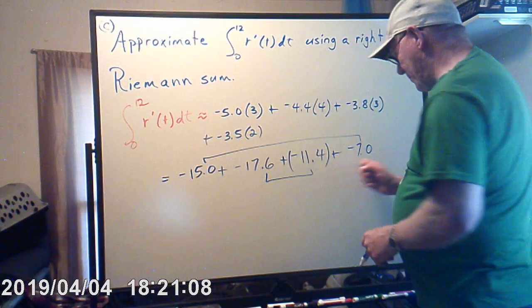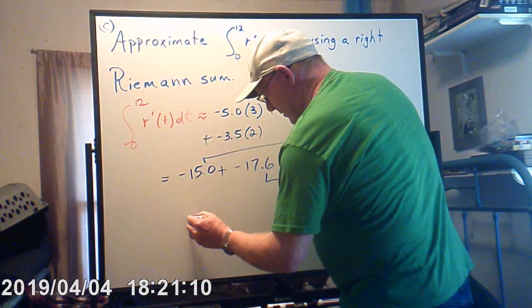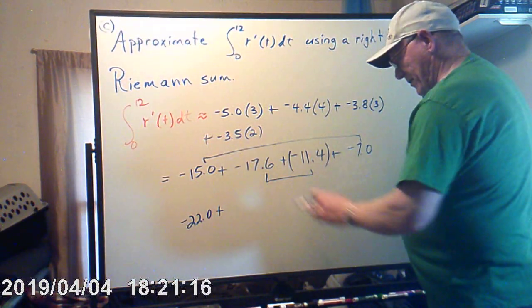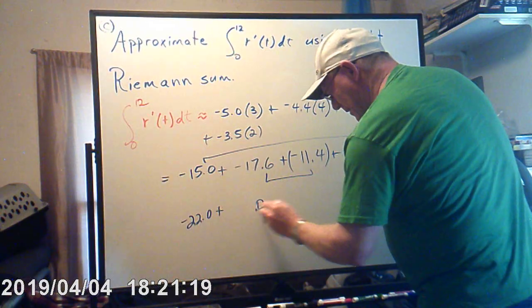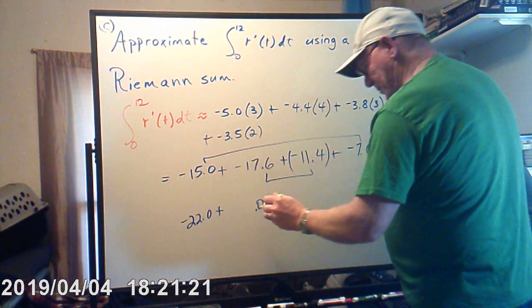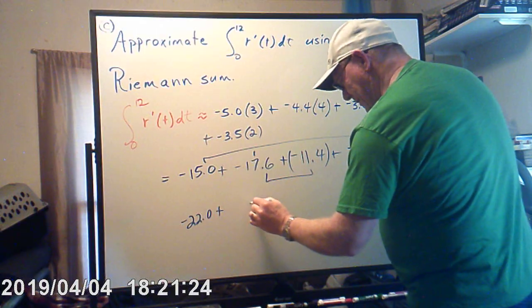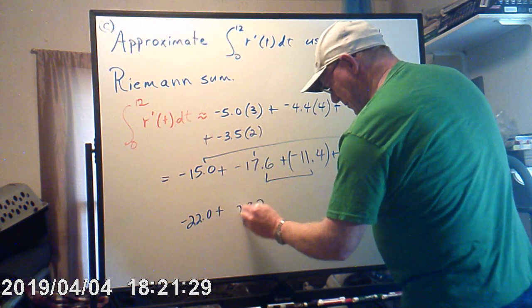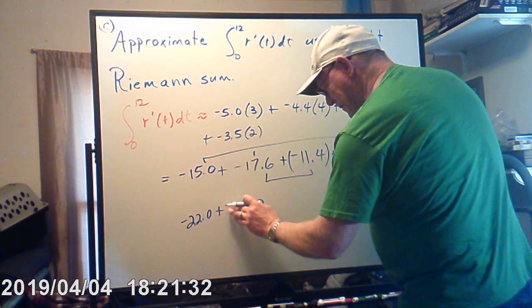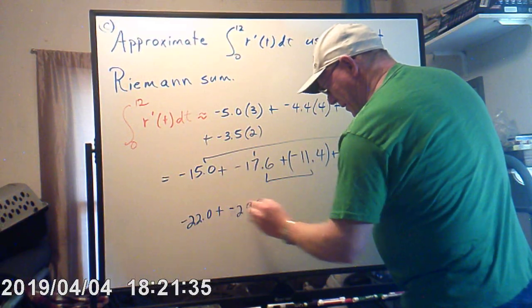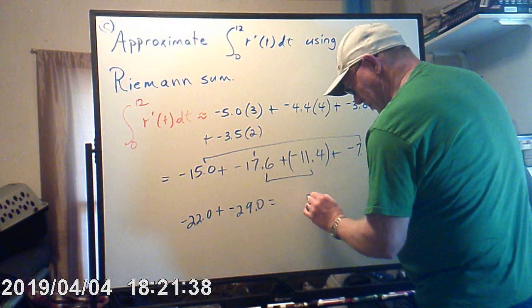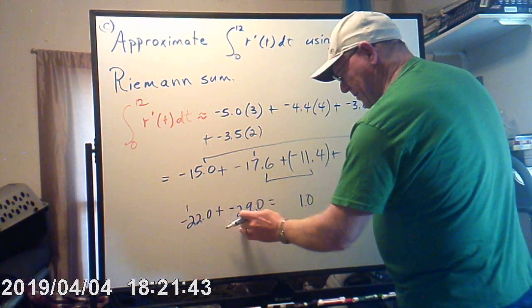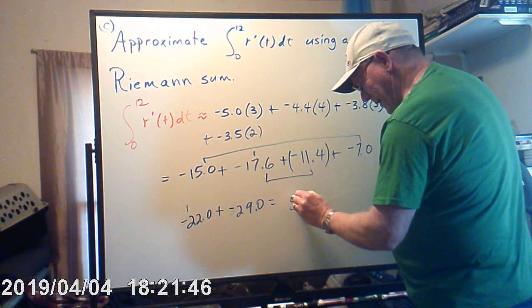So negative 15 plus negative 7 is negative 22.0, and then of course 6 plus 4 is 10. 7 plus 1 is 8, plus 1 is 9. Alright, so 9, and then 1 plus 1 is 2, so negative 29.0. So all we have to do is add them up, and now let's see, 0.0, 2 and 9 is 11, carry 1, and then 2 plus 2 is 4, and 1 is 5, and that is negative